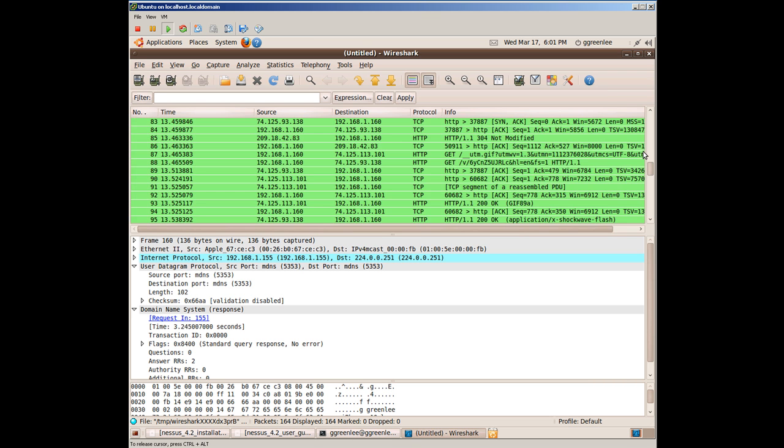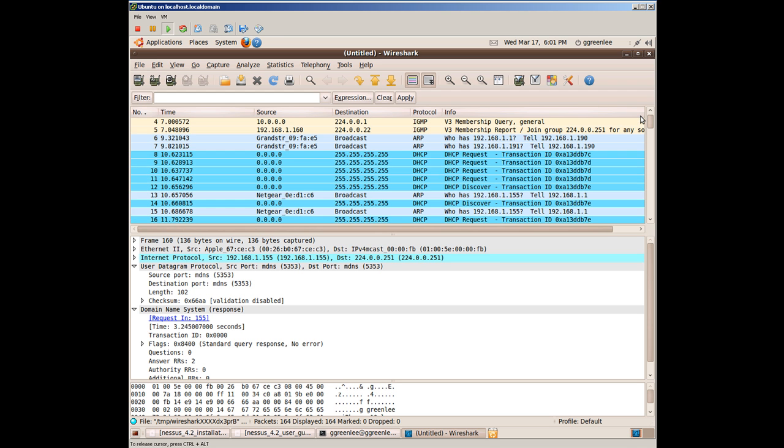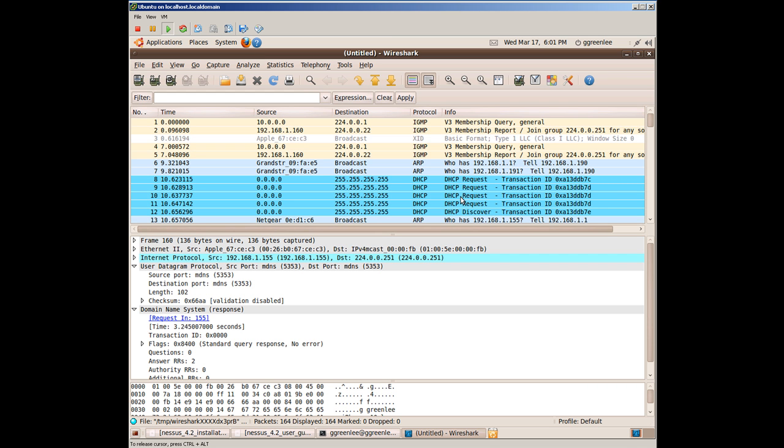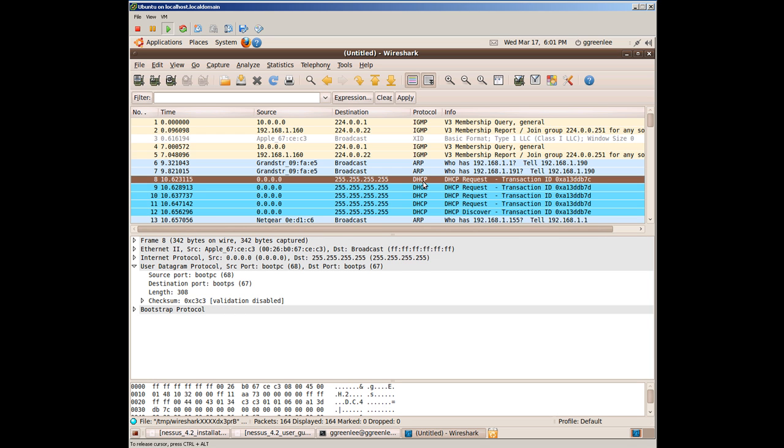Now, say for instance you captured a packet, and you want to know a little bit about the protocol that you see coming across Wireshark here. You see the different protocols that Wireshark lists: IGMP, ARP, DHCP. Say for instance you wanted to know a little bit about DHCP. So you click on DHCP here,